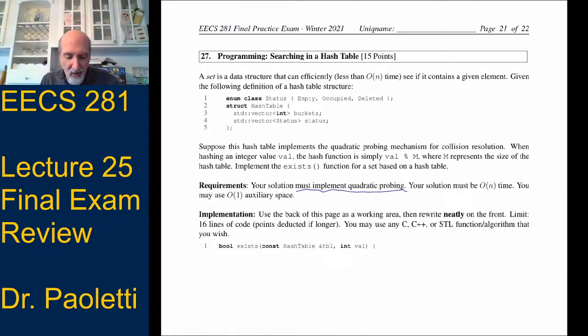Now, one thing that causes is you're going to be saying in the code a lot, TBL dot buckets dot size. So you're going to find yourself saying TBL dot a couple times. So we thought this one would be easier to write up and easier to understand if it wasn't a member function where we had to describe the member variables and stuff like that. So it's very similar to Lab 7, but we made it basically a standalone function instead of a class.